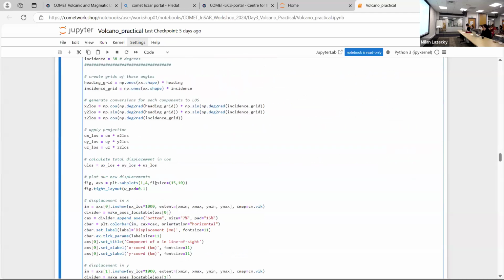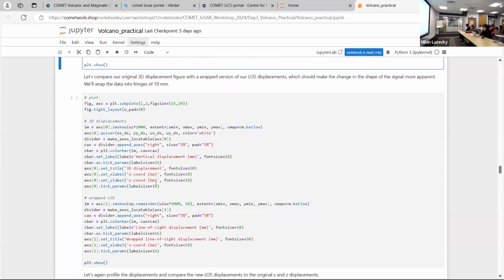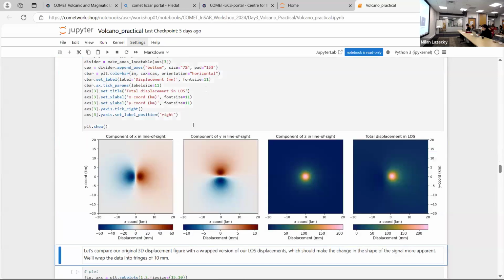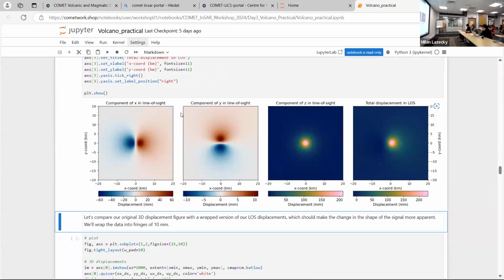So play around with these and have a look at how, if I press run, that will change your relative contributions of the X component to line of sight, the Y component to line of sight, the Z component to line of sight, and then our total line of sight, okay?